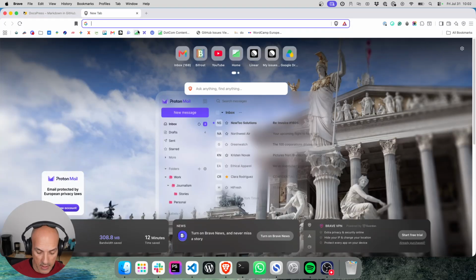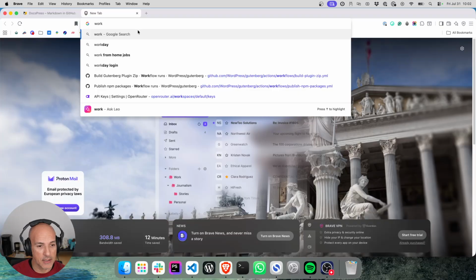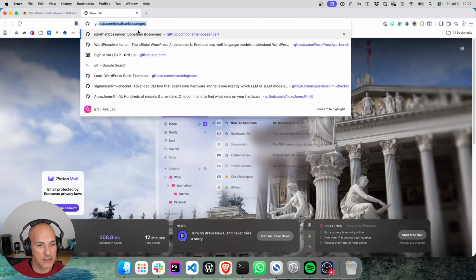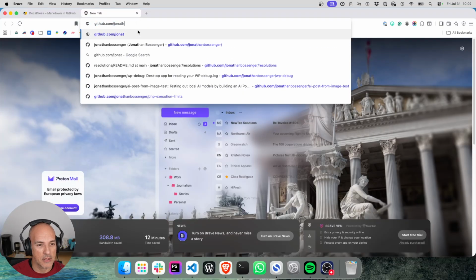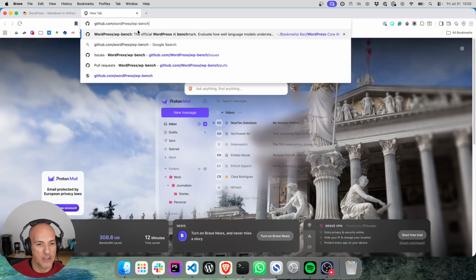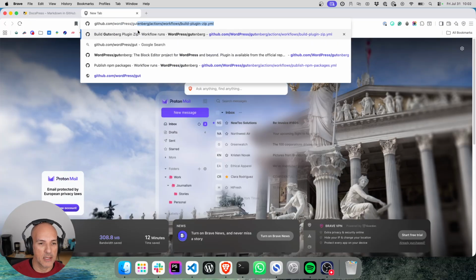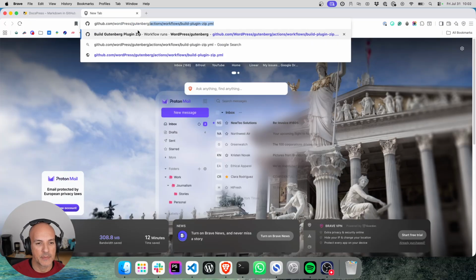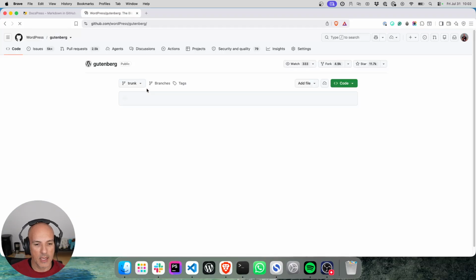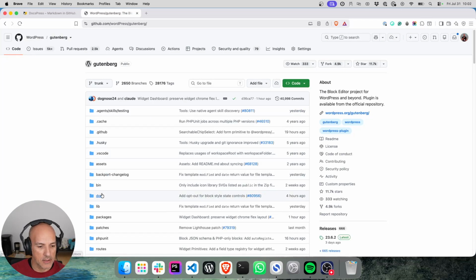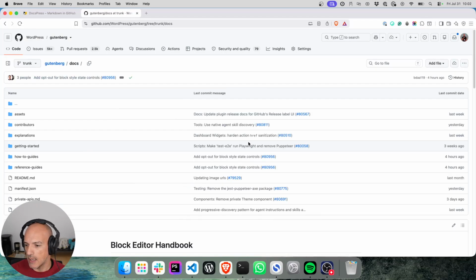if you have a look at something like Gutenberg, Gutenberg has a docs folder and all of the, hey Gajendra,